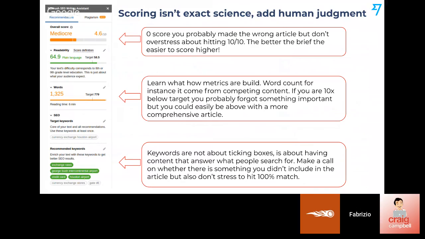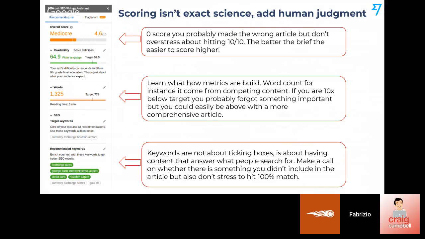And again, this recommendation will help you to assess: have we missed anything? Is there anything that we overlooked? Or maybe it's actually fine, right? It's just that we decided to expand a little bit more, or make slightly different content, but we're still satisfied with it. And that's why you still need people to evaluate what is a good score.